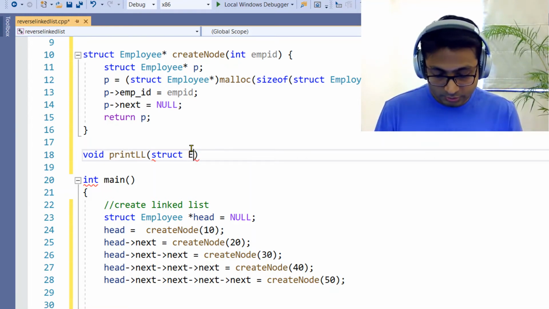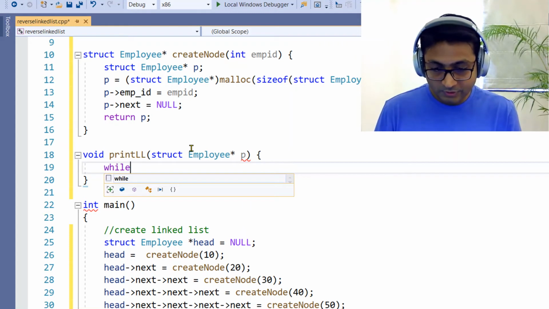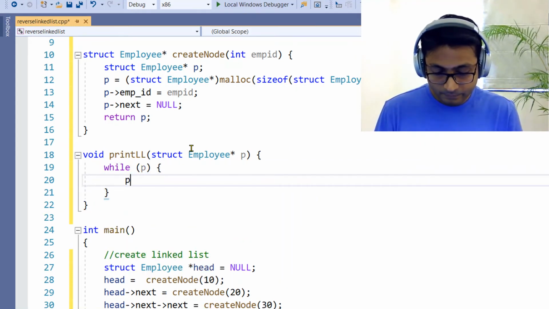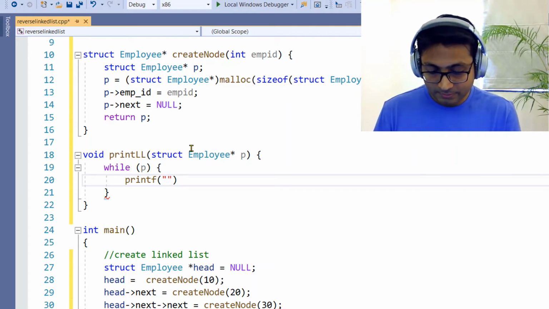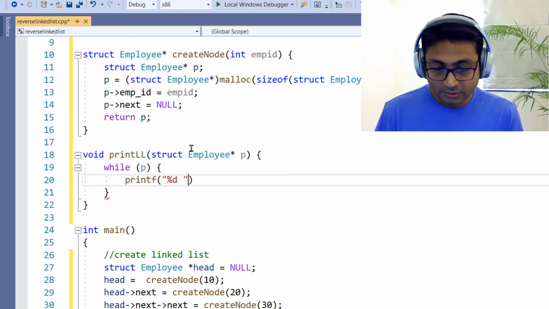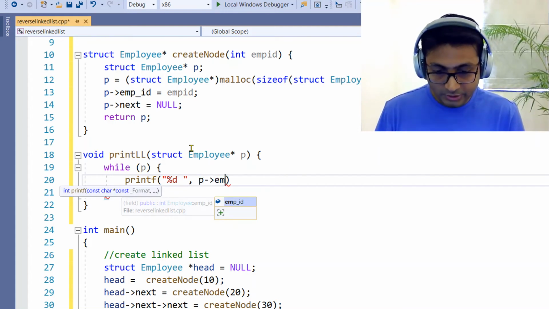So struct employee star p, while p, printf the employee ID. Let me just print percent %d here, percent %d, and I'll simply give the p's employee ID.